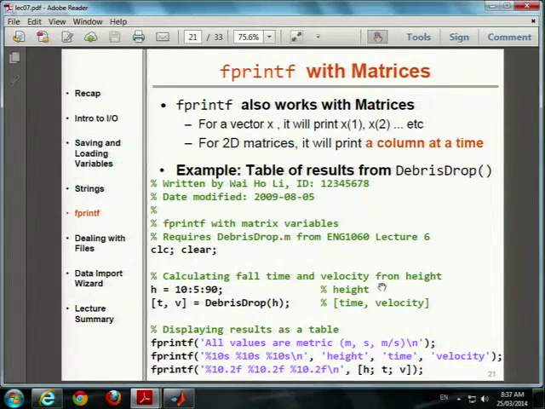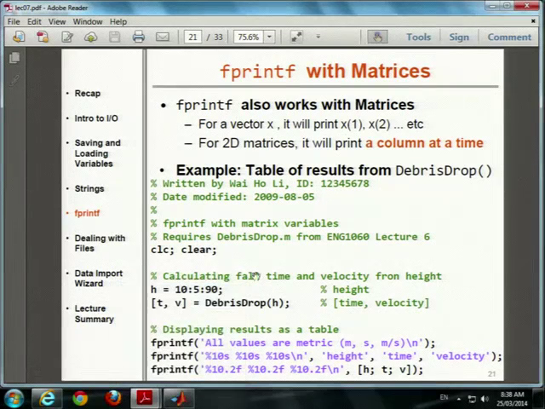So let's see this example. This example is also from the last lecture. It is for the mining company, the debris drop. It asks you to analyze the risk, giving you the height of the conveyor belt and calculating the debris fall to hit the ground, the speed and the time. So we made a function, debris drop function. Giving you h as input, the height where the debris drops, and then asking you to calculate t and v. T is time and v is velocity. So here we don't really care about this computation. What we care about is